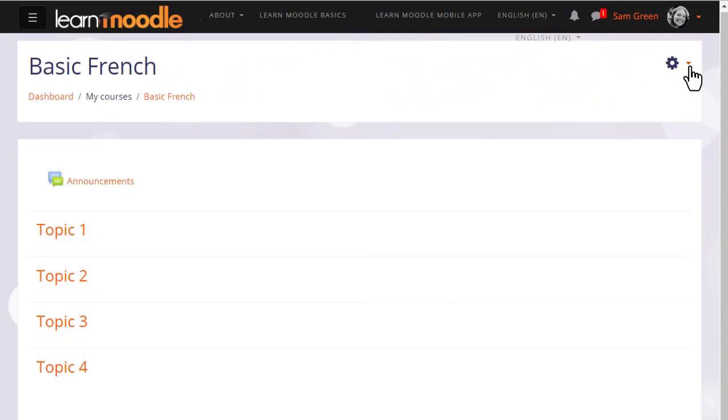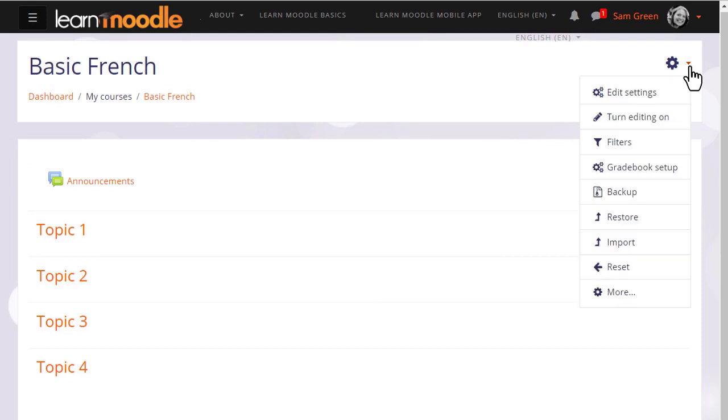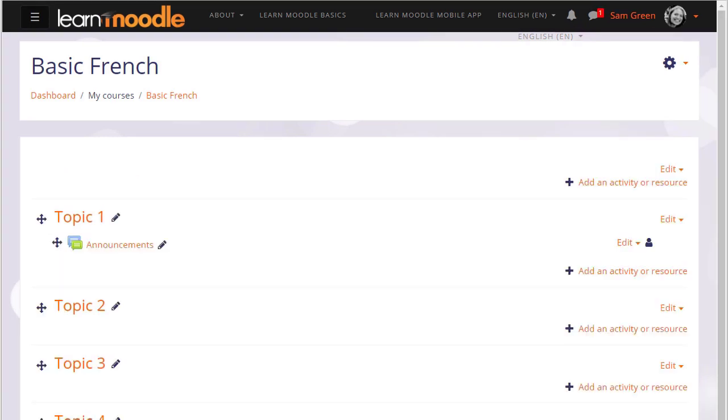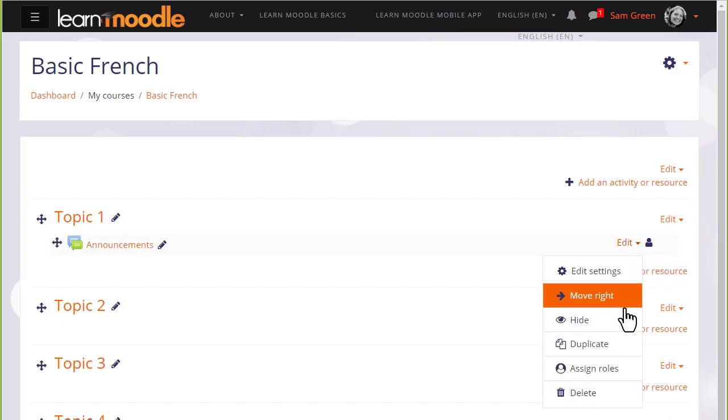In order to add learning resources, you need to have the editing turned on. And with the Boost theme, you do this by clicking the gear top right and then clicking the link Turn Editing On. This then displays an edit menu next to each activity and resource for editing the settings, hiding, duplicating,